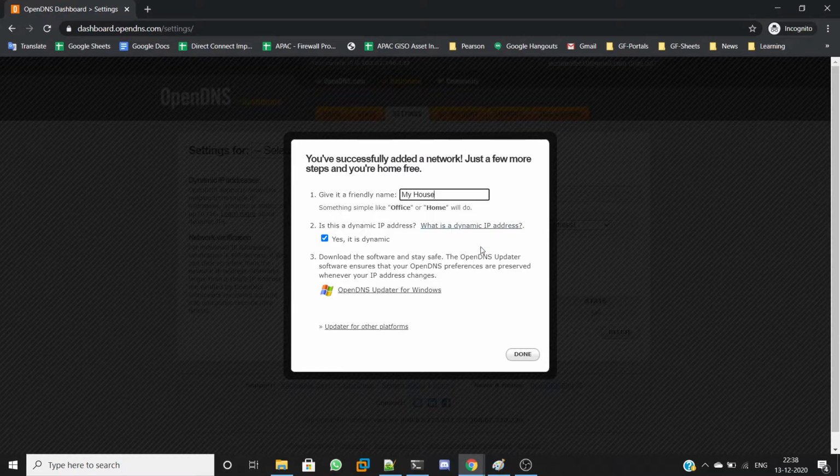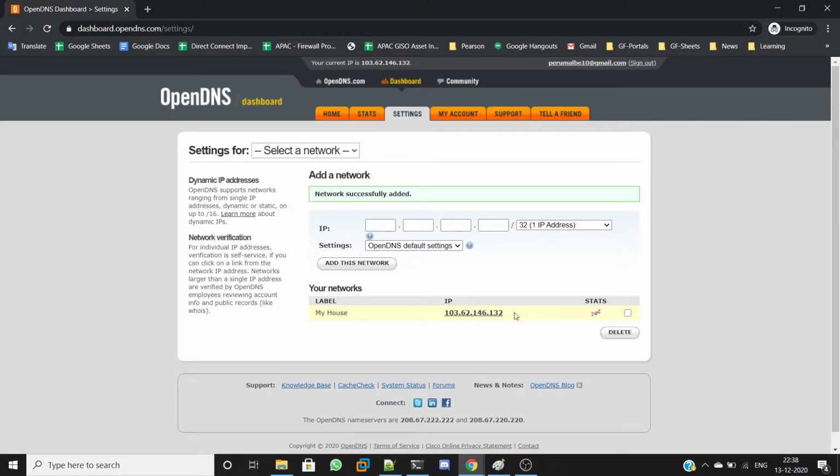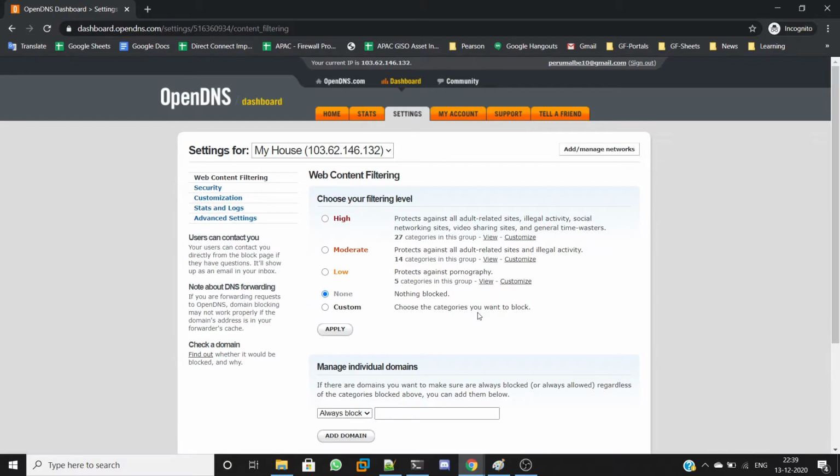My house, and I successfully added this network. When I click this, I can choose the level of content filtering and what kind of sites we need to block. We can customize those things here.